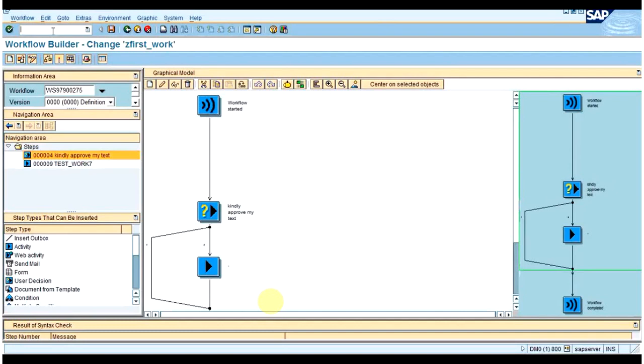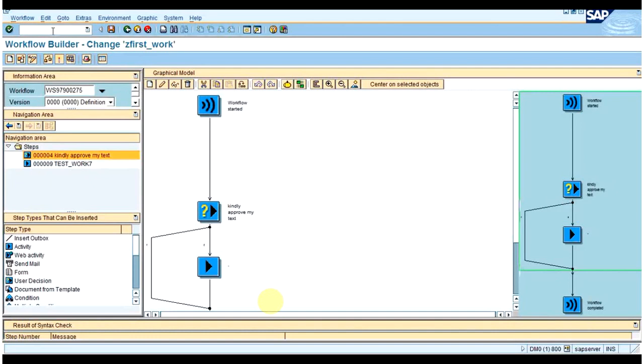So let me give you one assignment here. As I have not discussed the steps also, it will be a very simple assignment. You will have to make one user decision step, and one material will be created, and you will have to save that material in the database. What I did with the sales order, you will have to do with MM01. Or you can change the material also. If it is changed, then that particular data will get saved in the database. So you just need to make 2 steps. One is the user decision step and one is the activity.